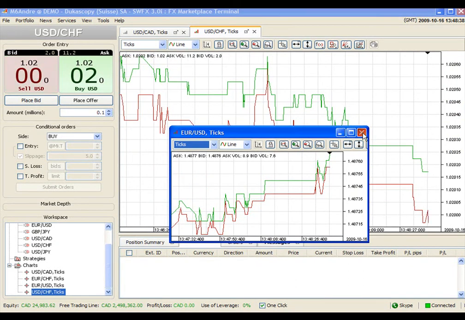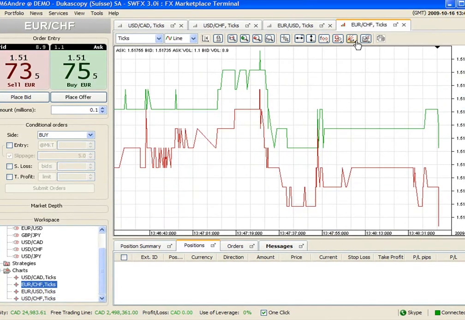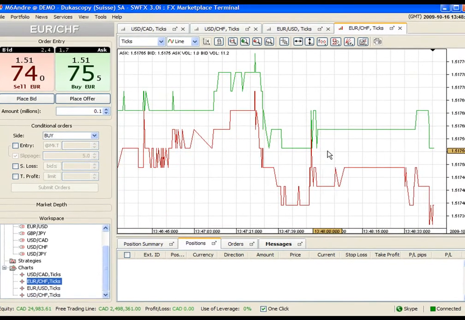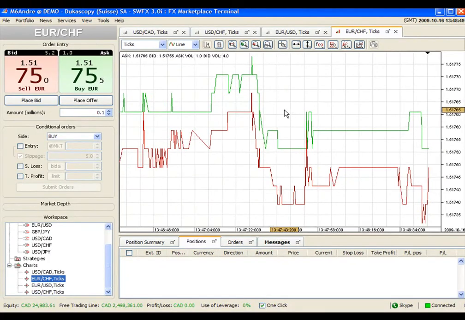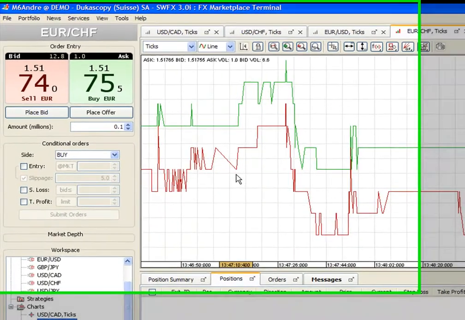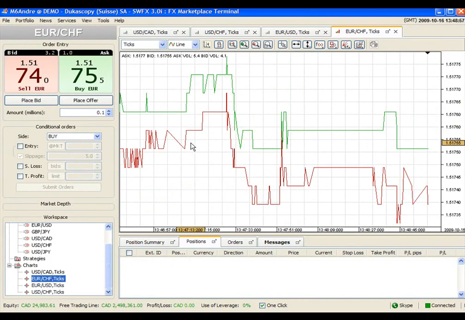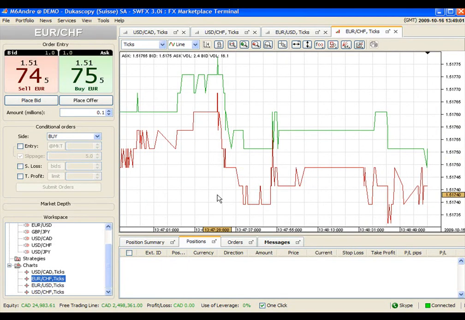And if you close this, it will come back to the set. So the two screens that were outside are now back into our main set. If you leave it out of your screen onto a second or third or whatever number of screens you have, and then you close your platform, it will remember where they were and